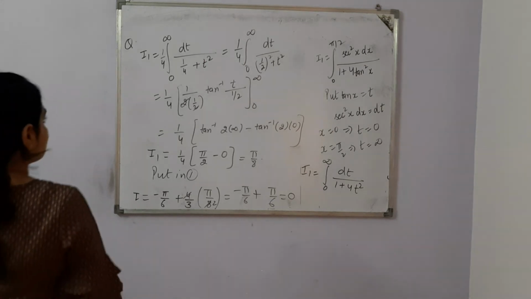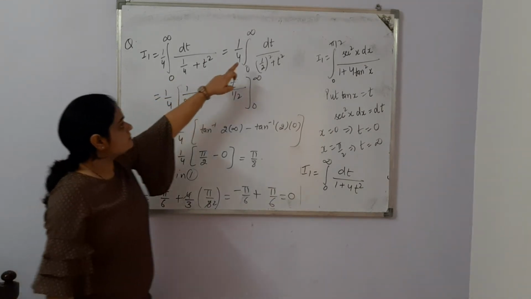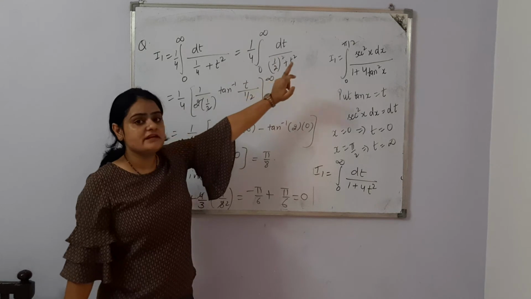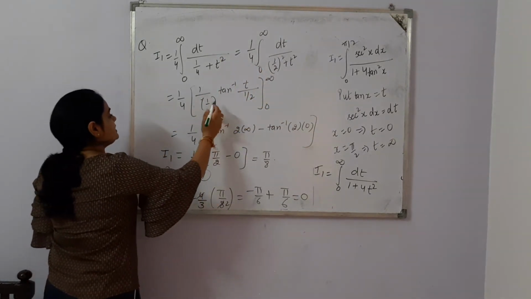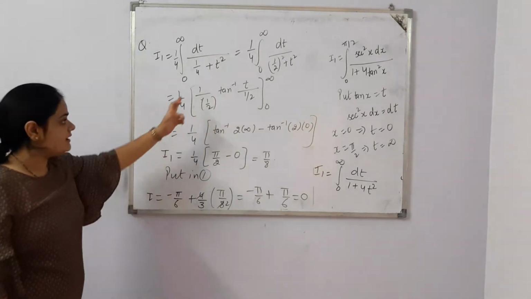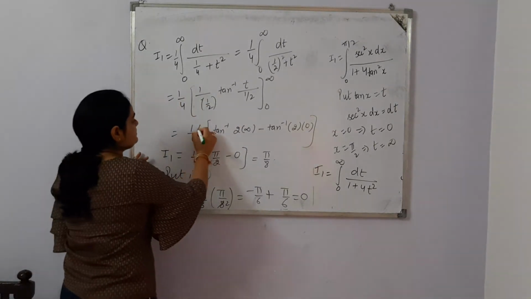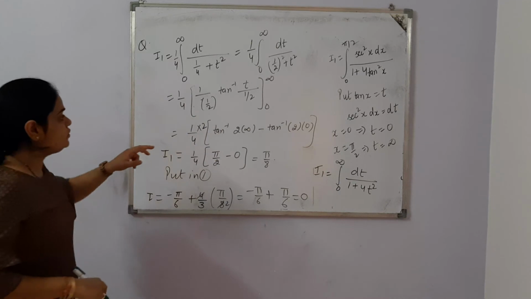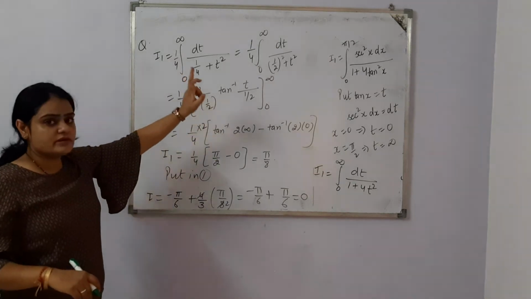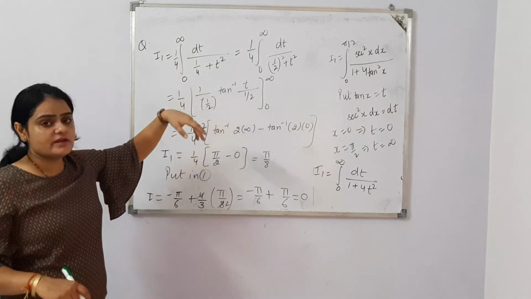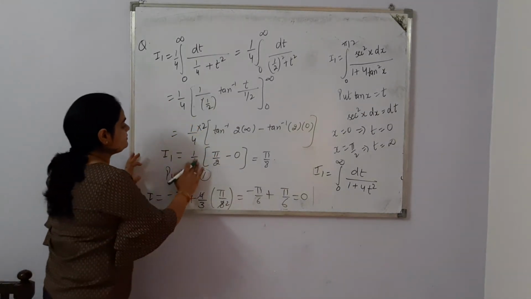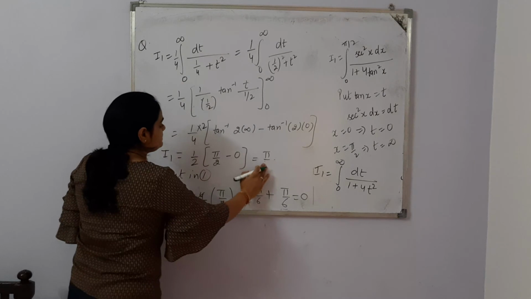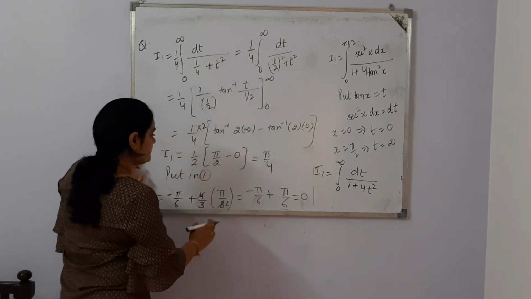Okay, now I have found the mistake. The formula for 1 upon a square plus x square is 1 by a tan inverse x by a, not 2a. By mistake I had taken 1 by 2a. It is 1 by a. Now it becomes 2. Whenever it goes to the numerator, it becomes, because it is in the form of a by b upon c by d, so it is 2 by 4. It becomes 1 by 2, and it is pi by 4.